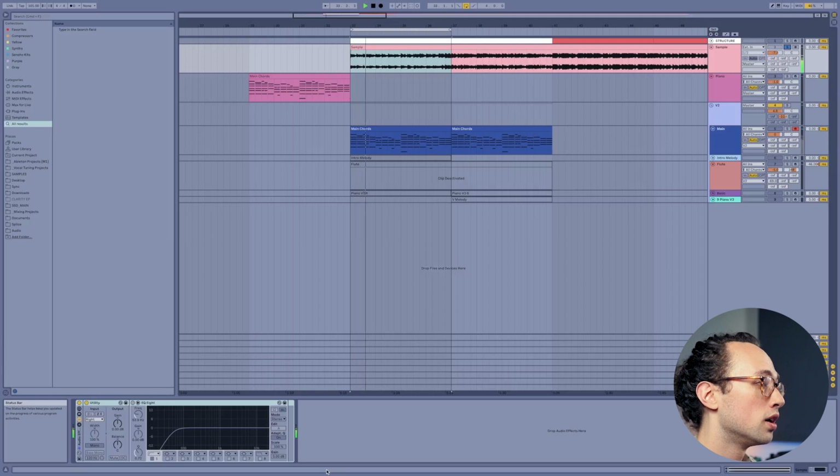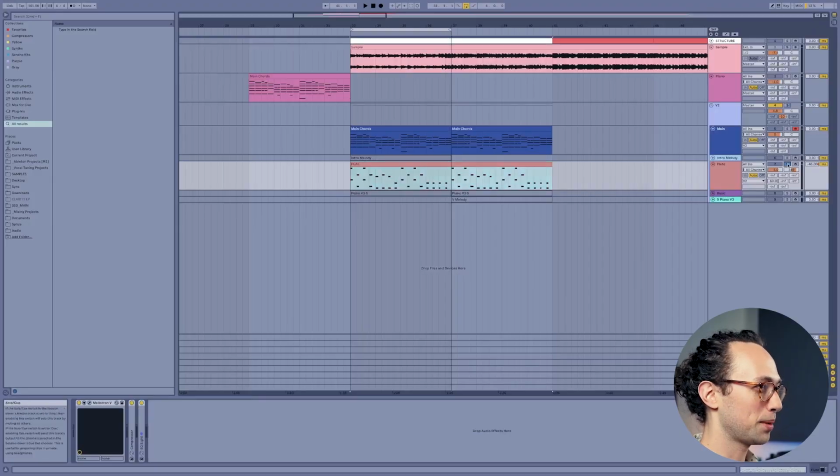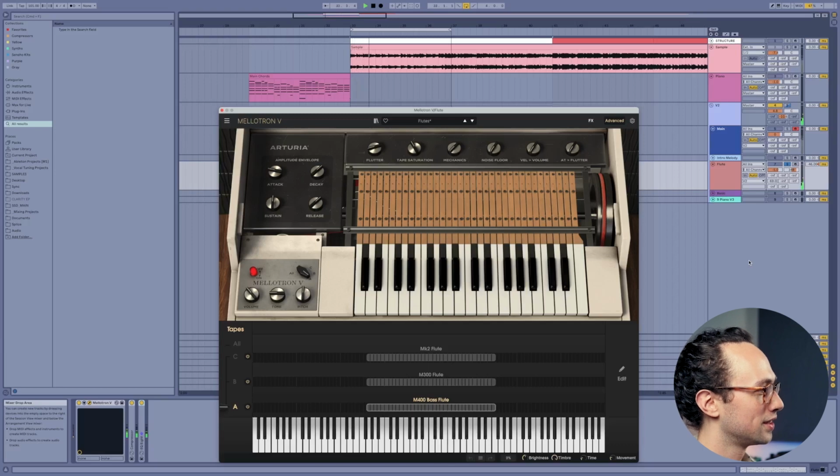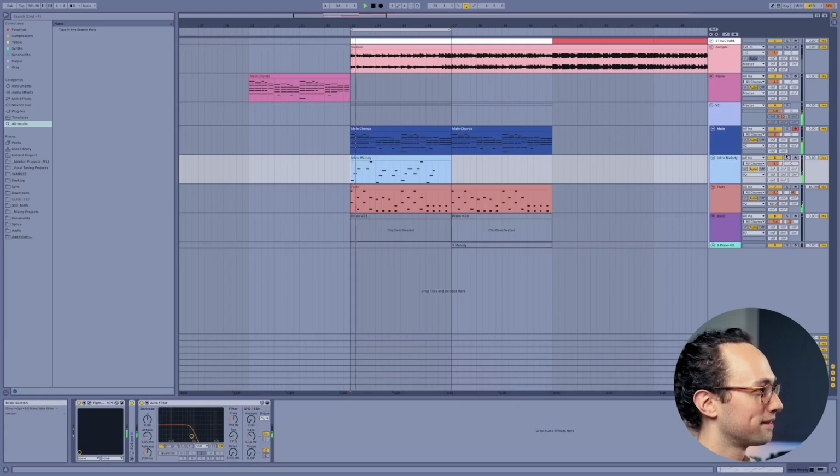So those of you who want to get even closer to the original sound, there's actually, if you listen to the right and left channels of the original, which we'll do right now, you'll hear that there's like kind of a flute thing happening. To me, it sounded like a mellotron version of a flute or something. So I pulled up a mellotron. It's kind of got this thing happening. And then together,